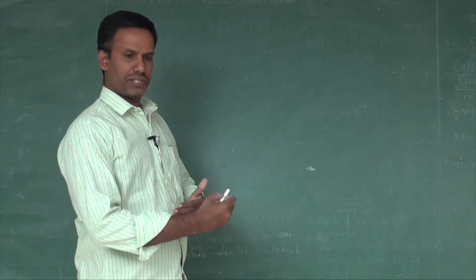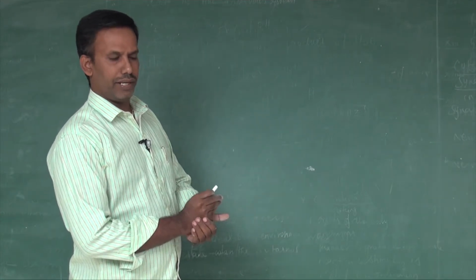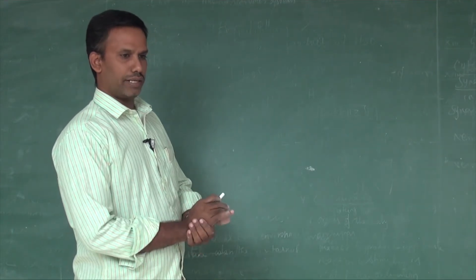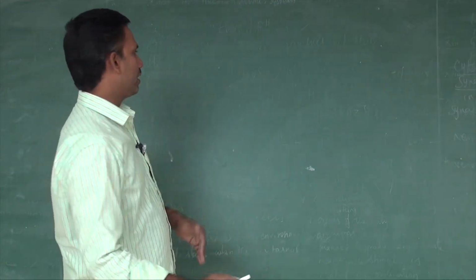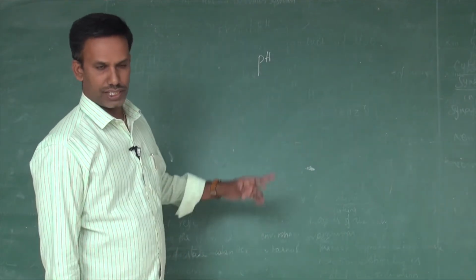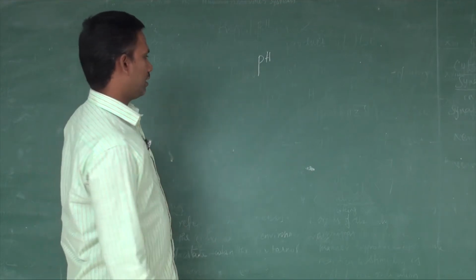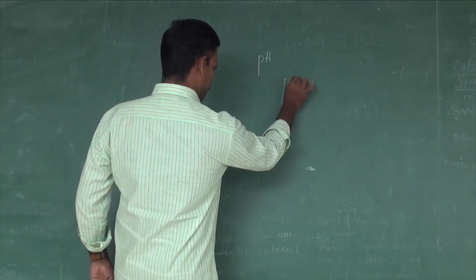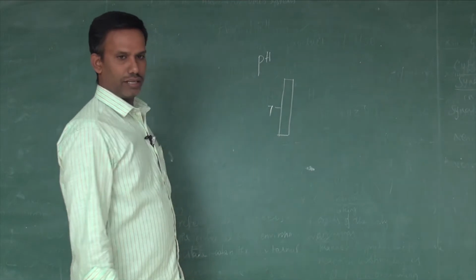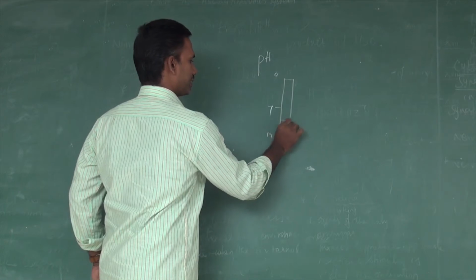Based on the pH scale, they developed the pH indicator. Using the pH indicator, we can determine the pH of the solution. In school and college laboratories, you may find pH indicators in two forms: one is pH solution, another is pH paper. What is pH paper? A strip of paper is taken with numbers and gradual readings, 0 to 14, with different colors.